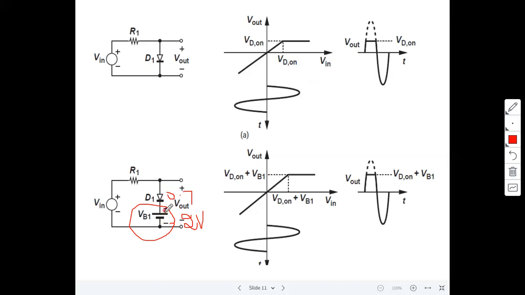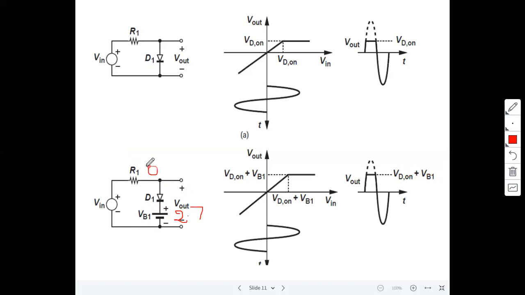Now, total how much opposition here? In this case also you may use anode and cathode. Here the anode voltage is a sinusoidal, continuously varying signal. But what about the cathode? The cathode voltage here is 2 volts, and here it is a practical diode, 0.7. Total opposition is 2.7, right? Here the cathode terminal voltage is 2.7.